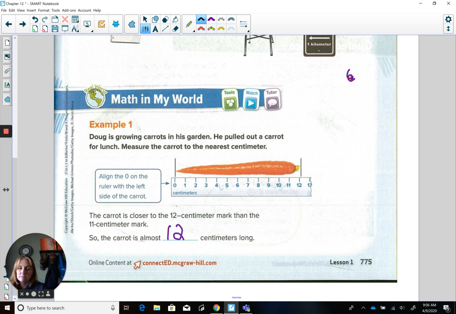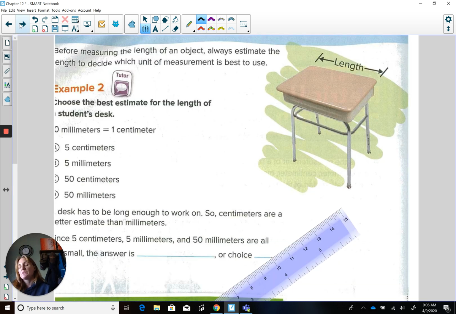Next page. There we go. Okay, some of this got cut off, so I apologize, but I will read it to you exactly what it says. Up here at the top, before measuring the length of an object, always ask the length to decide which unit of measurement would be best to use. We don't want to use a ruler that has centimeters and measure everything in our world in centimeters,